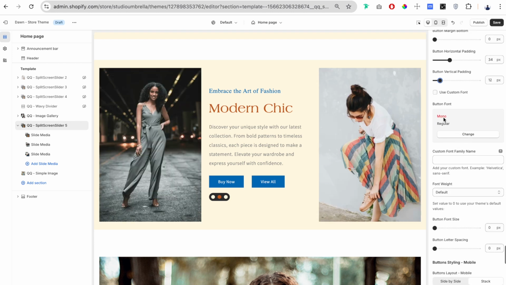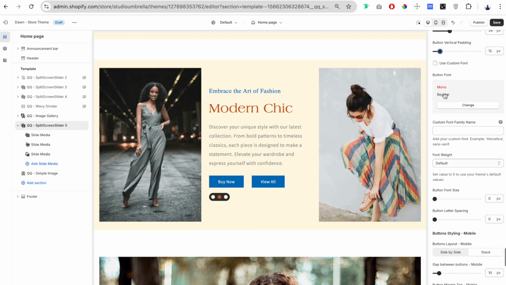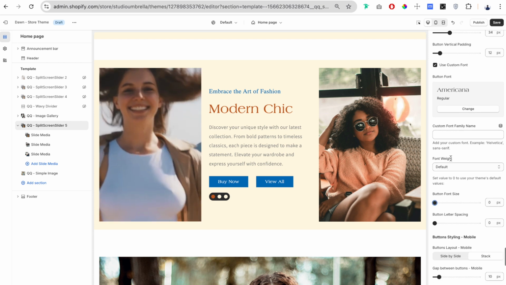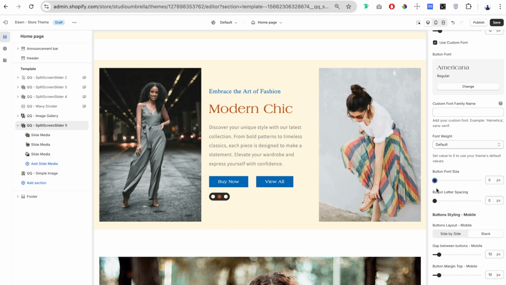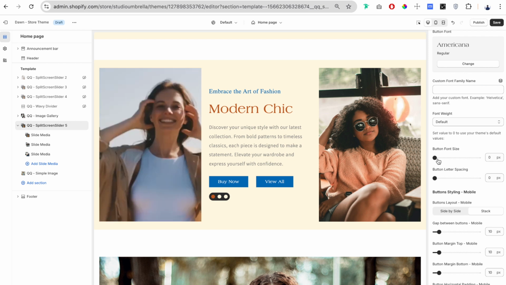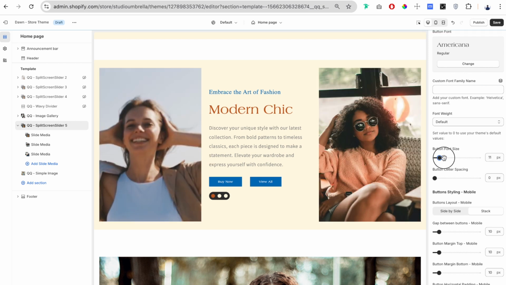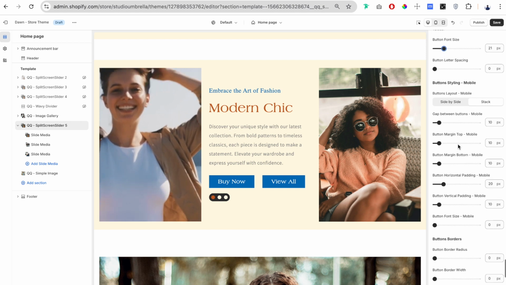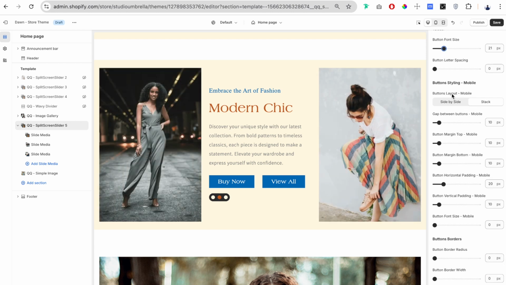Next, we have the same text styling settings, the custom font, so maybe we can add something like this, okay? Then the font weight, font size, and letter spacing. Right now it's 0, so that means it's the default for my theme, but if you want to adjust this, you can use this field. Then down here, we have the same settings for mobile, the buttons layout, gap between buttons, the margins, the paddings,